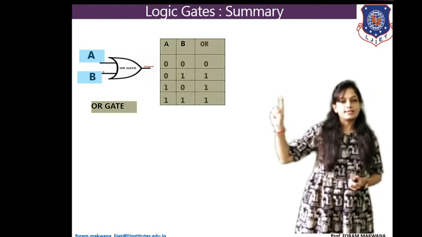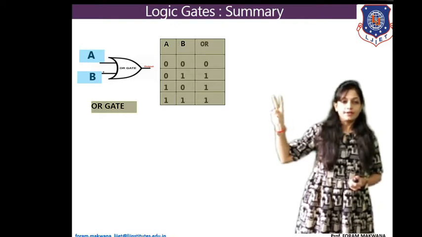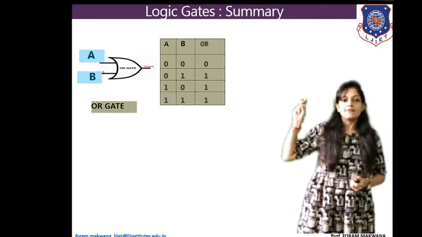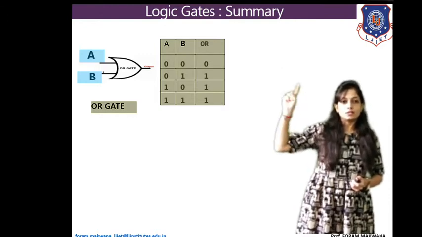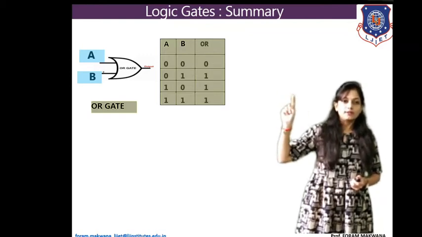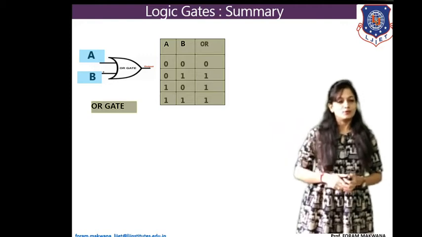As it accepts only 2 signals, either a 0 or 1, that's why we need to consider that our output should be having only 2 values, either 0 or 1. So, we can conclude that for OR gate, if any of the input is equal to 1, output is equal to 1.